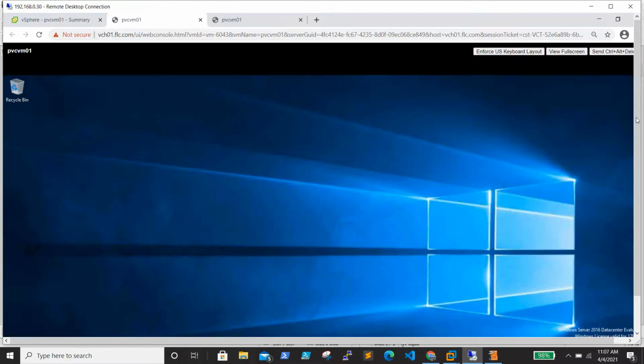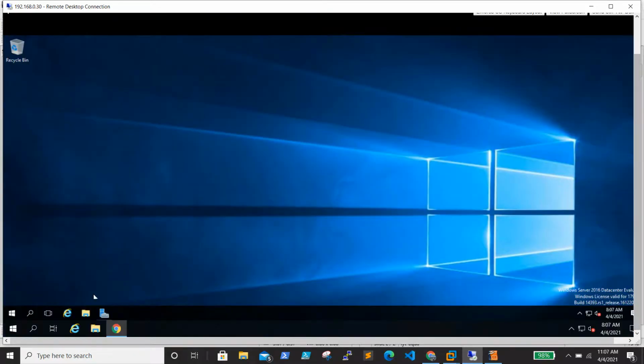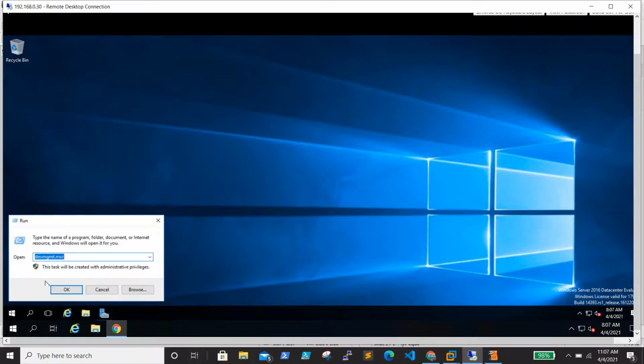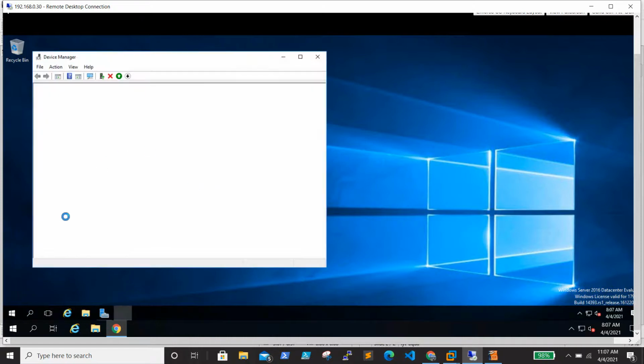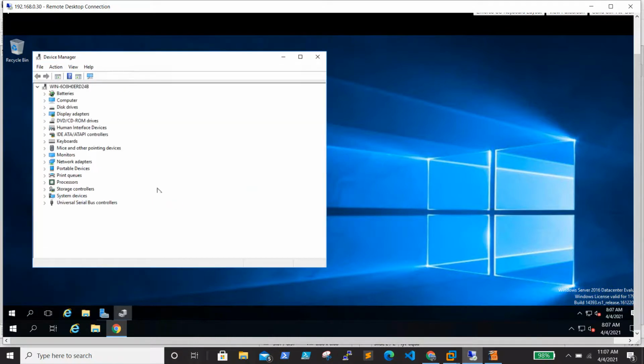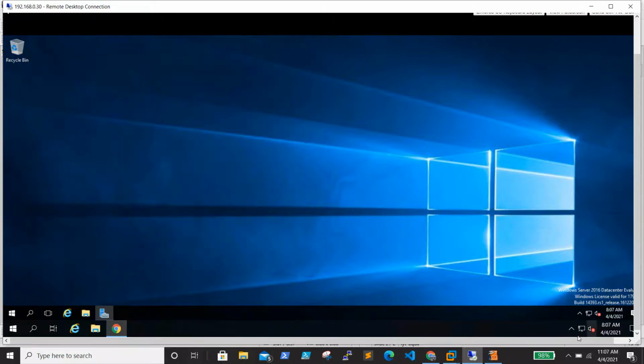Let me log in and show something before we do it. If you go to device management, you can see that the SAS driver is already installed under storage controller, the LSI adapter, SAS. It is added to the OS by default, so that is the reason it's available.